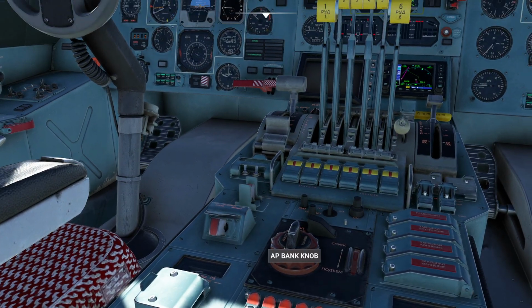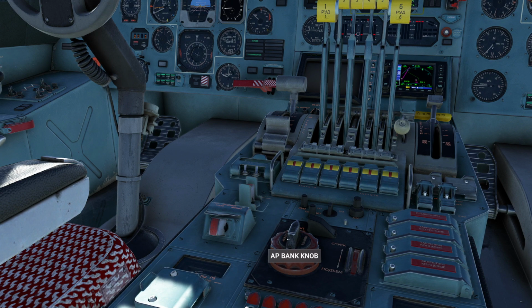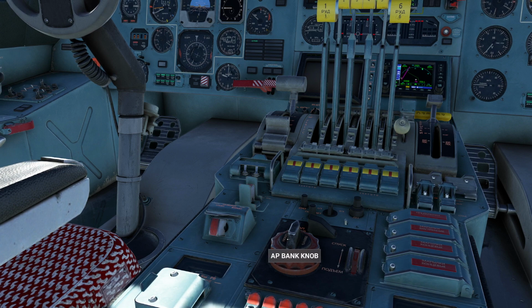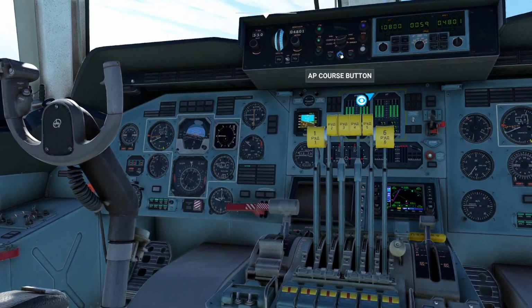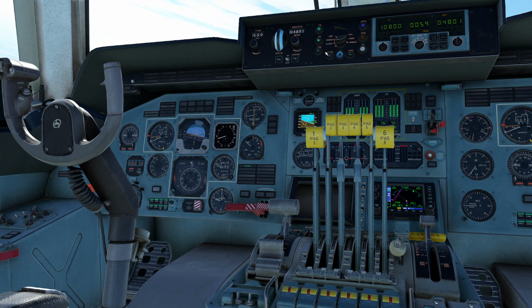By the way, if at any point you want to manually bank the aircraft, you have this handy-dandy knob right here. Keep in mind when you do this, though, let me go ahead and give it a couple clicks. I immediately eject myself out of course hold mode. So if you look up, see how port PC is off? Now, if I don't touch anything right now, this bank will stay in until the airplane runs out of gas